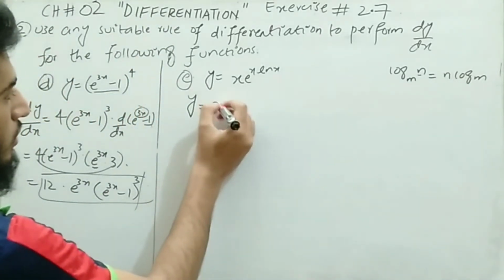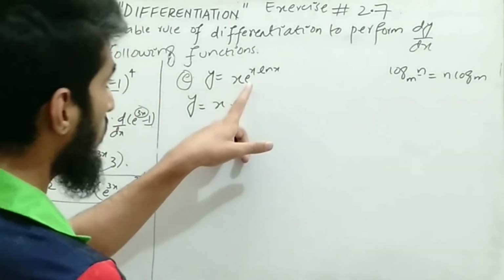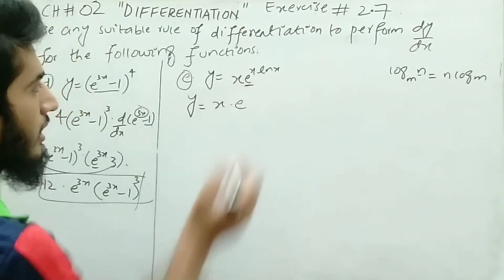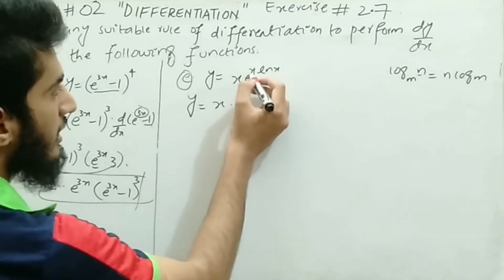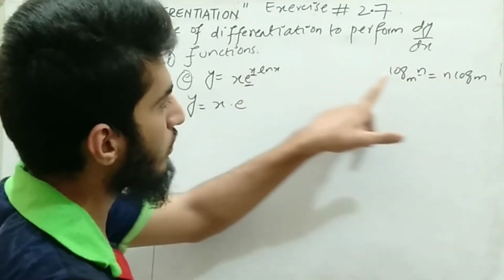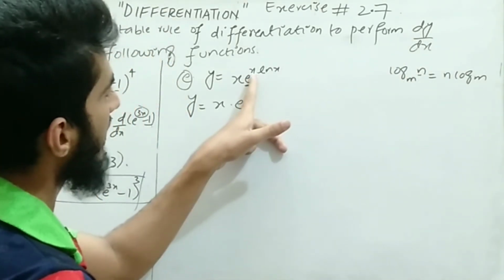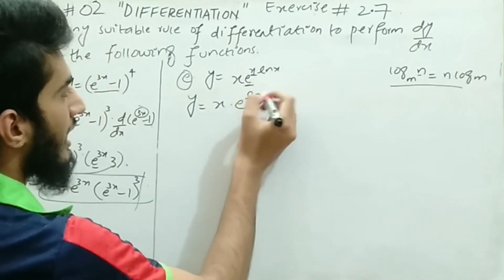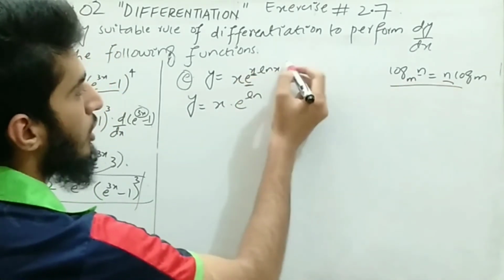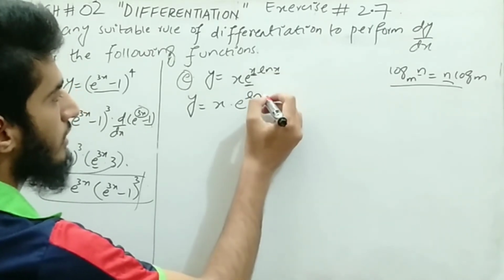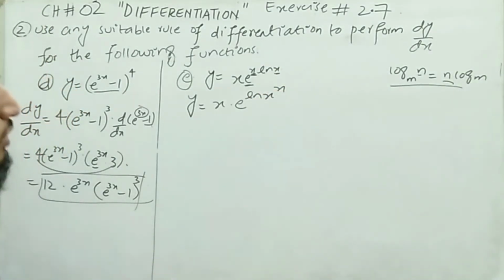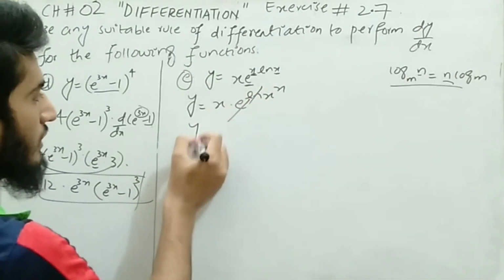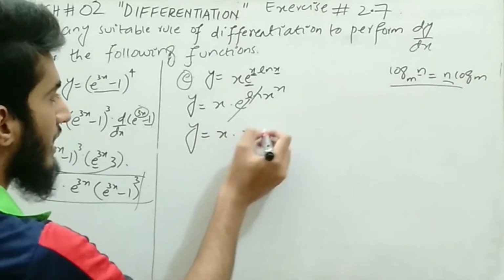Now using the same formula over here, x multiply, over here we have e, which will be the same as in part number e. After this, the base is x, and over here n will move to the power of this m. So this x will move to the power of this base x according to this formula. So ln of this x will move to the exponent, so it becomes x power x. Now you know that natural log and exponential are the reciprocal of each other, so they will cancel out. We are left with y is equal to x multiply x power x.